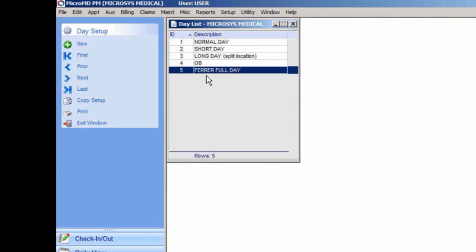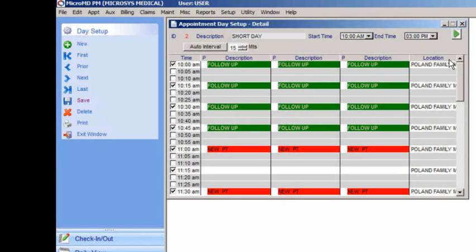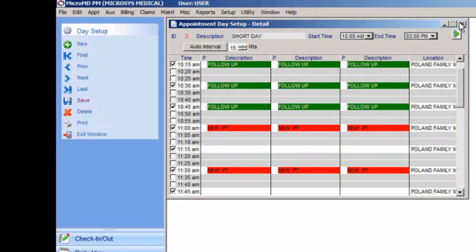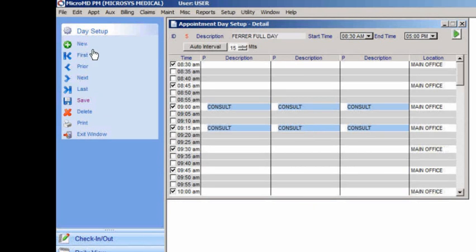And you'll see that added to this. Now, if I wanted to look at the short day, again, if I wanted to copy this because it's a 10 to 3, I could easily do that. It would also copy all the follow-up and new patient stuff that you're seeing. In this case, I'm not going to do that. I'm going to go ahead and just pull my fairer full day, but I'm going to say I'm making it new. I want to change it,